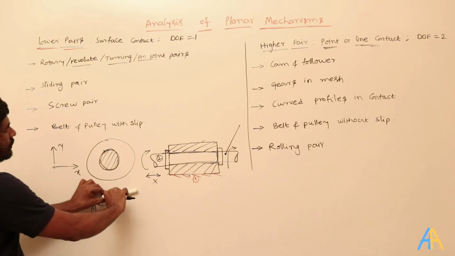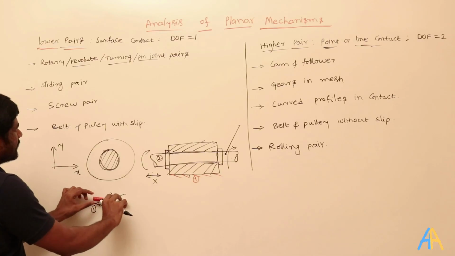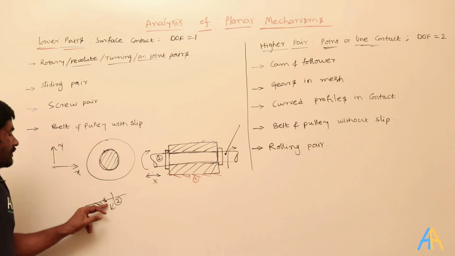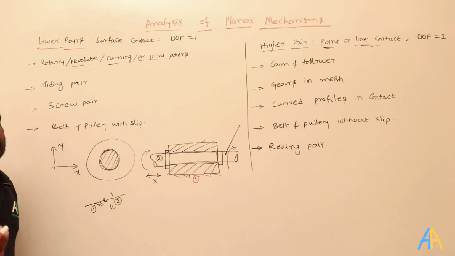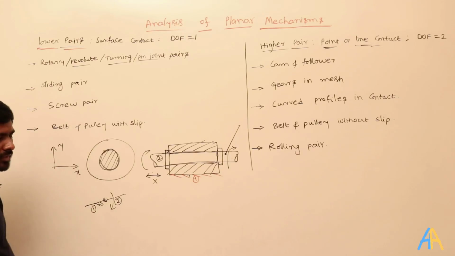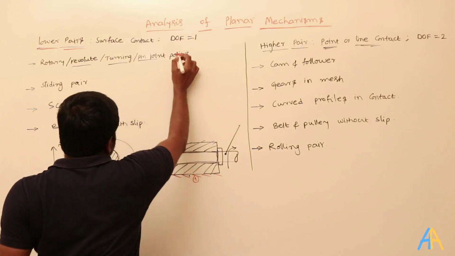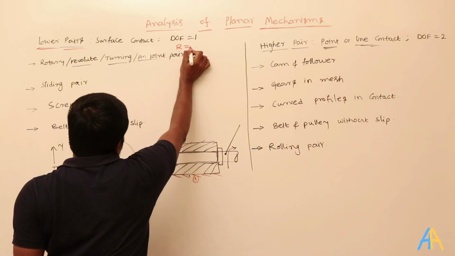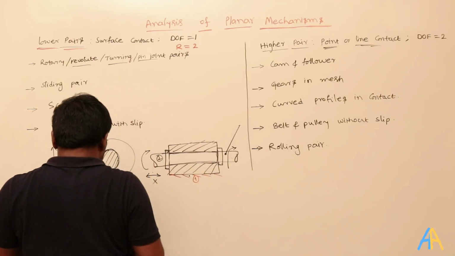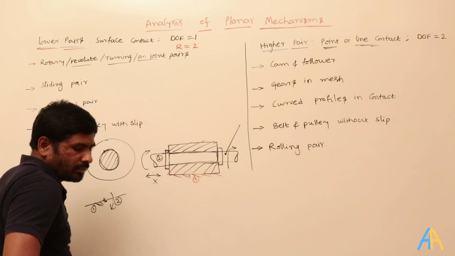what happened? The only possible movement for this is rotating about the z axis. It cannot go along the x, it cannot go along the y when I fix this. Okay, that means because of this joint, it lost 2 degrees of freedom, and there is only 1 degree of freedom. So the number of degrees of freedom here is how much? 1. That means how much restriction they are providing in the plane. This is the planar case. So there are 2 restrictions provided, and 1 degree of freedom. This is the turning joint, and then even the sliding pair is also like that.